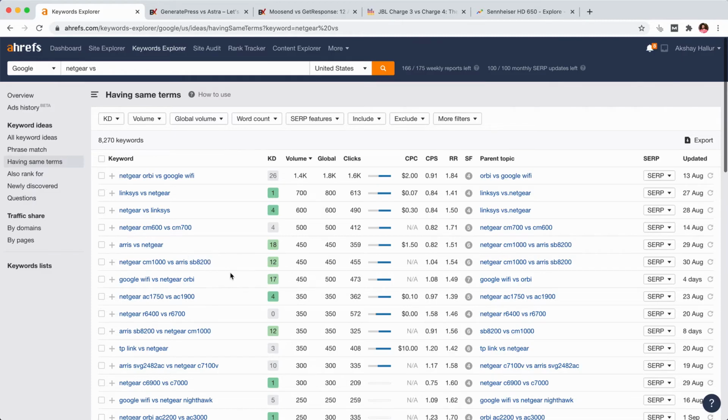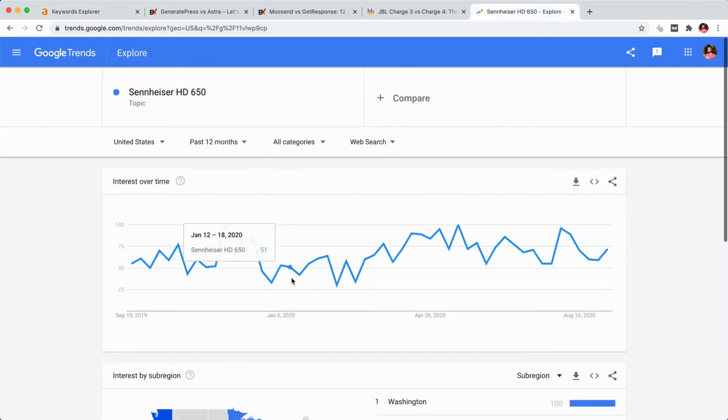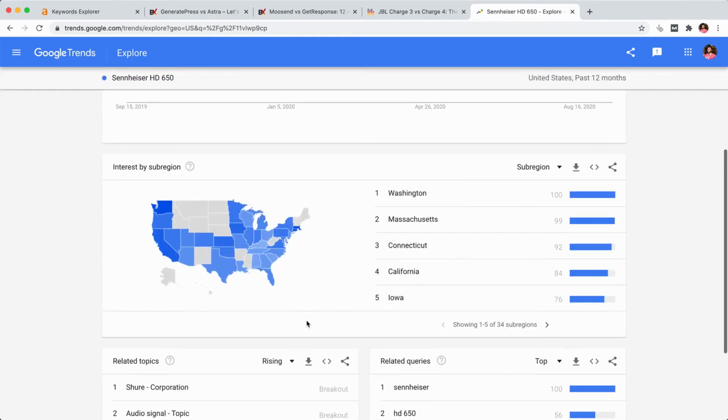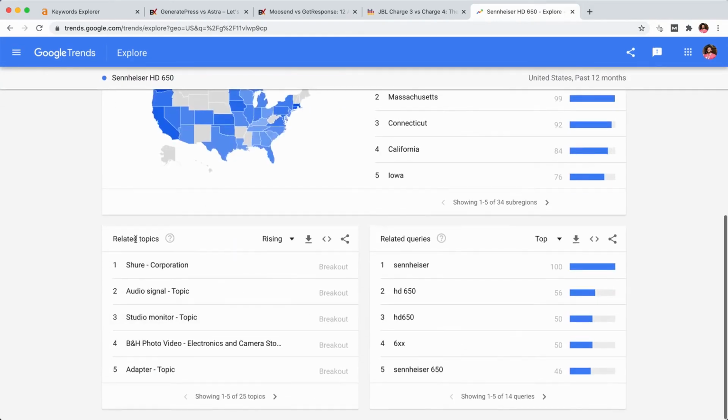So for that, you can make use of Google Trends. Okay, in this case, I have an example of Sennheiser HD650. So this is how the trend graph looks, I mean, in the past 12 months, this is how the volume for this particular keyword looks. And I can go ahead to related topics and just browse.